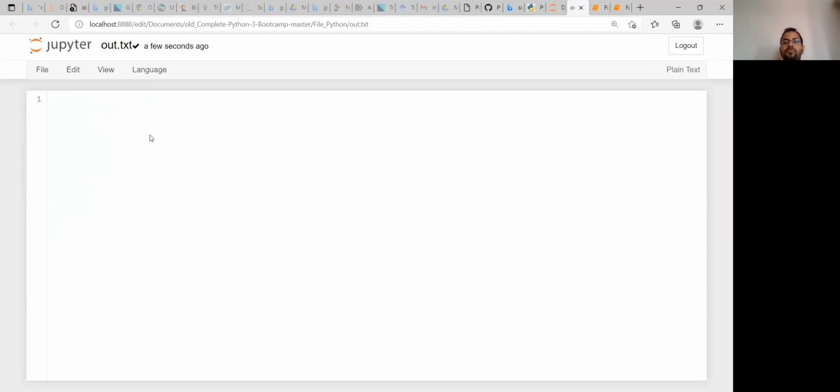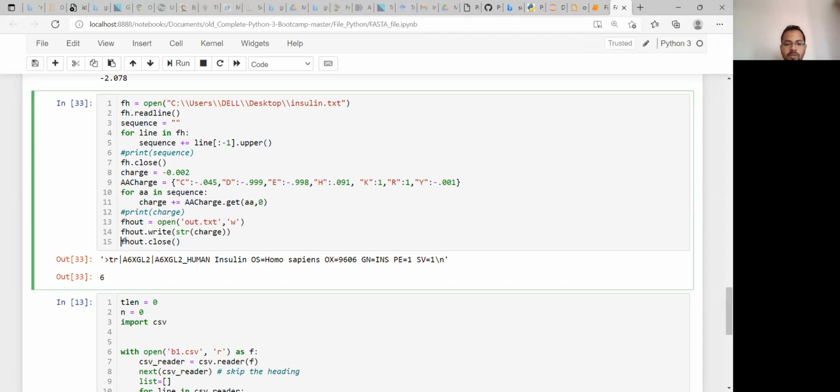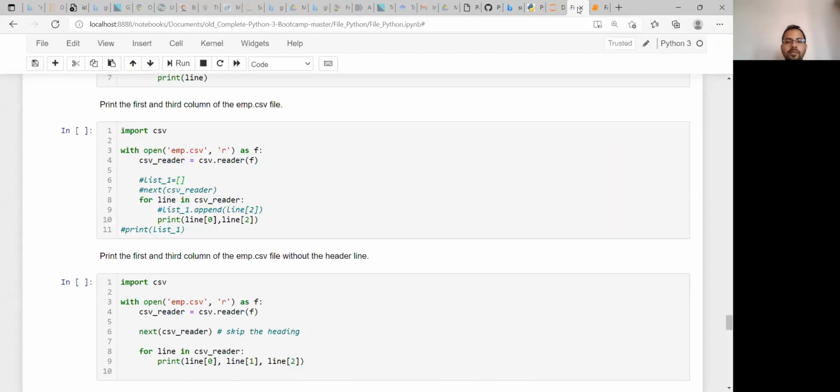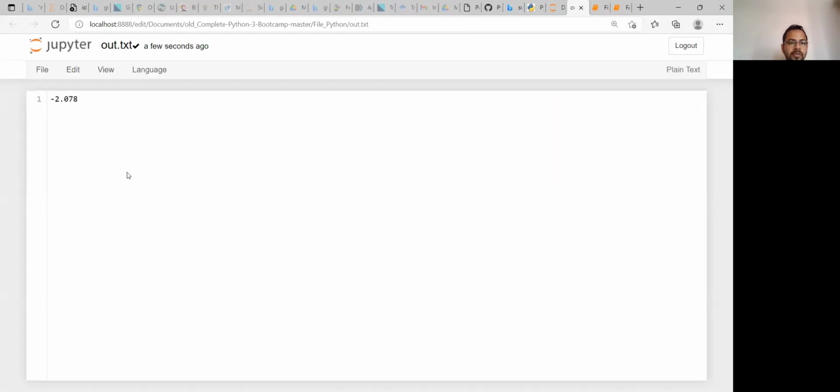Because you forgot to close this file, it is written on that file, but you cannot see the output. That will be the problem. So it is better practice to close this file, then run again and go back and open this file again. You will see the result. Okay.